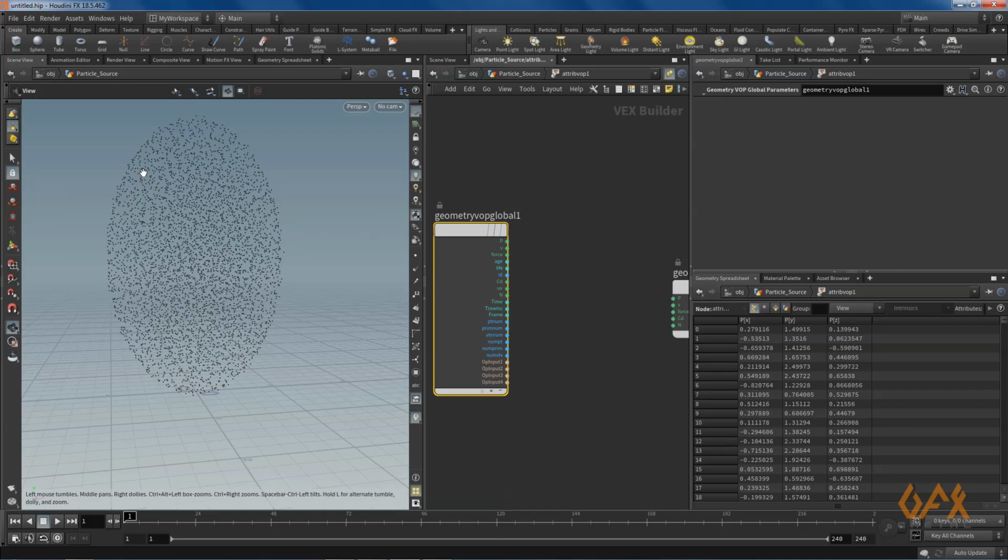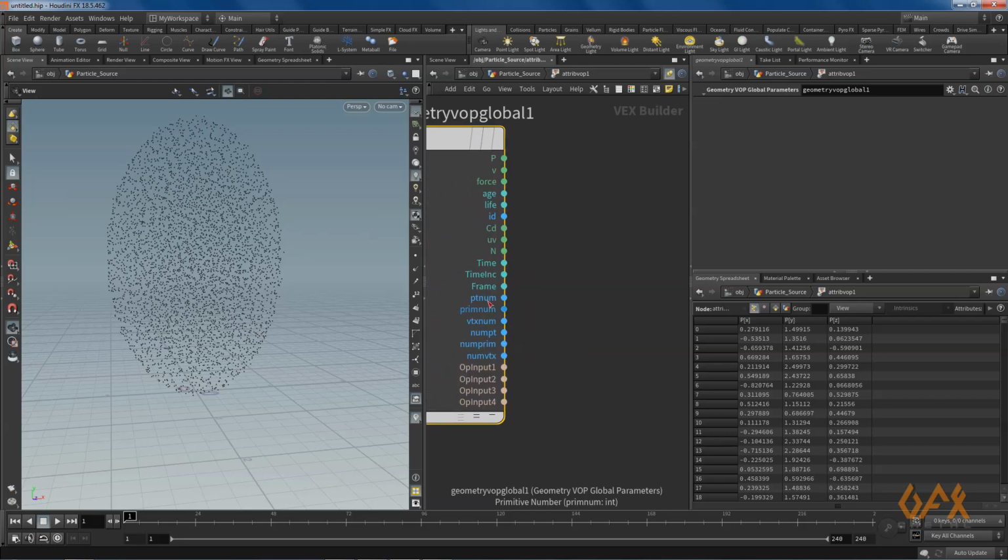For example, here I have 5000 points, so the point with index 0 creates black color, and the one with the maximum value, for example 5000, generates white color, and according to that the gradient spreads out. So for that what I need to do, here I have PT number and here I have number of points. So this defines the individual point number, and this is the total number of points.